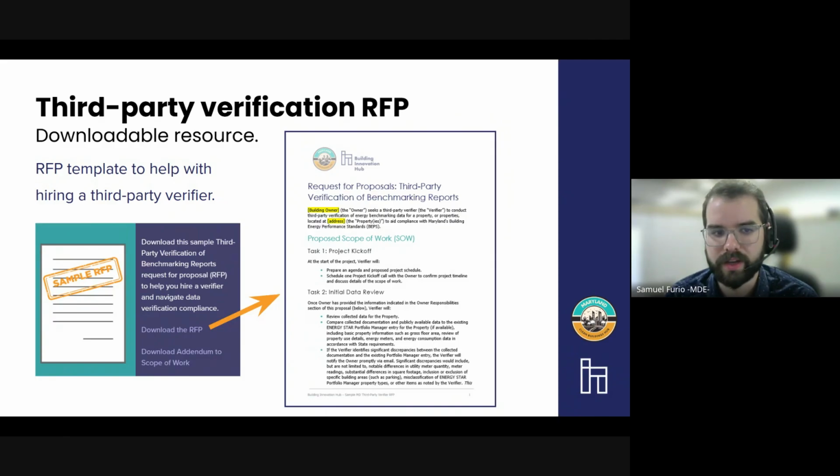This package includes frequently asked questions, a vendor request for proposal or RFP, and also a vendor scope of work. I think we're dropping that in the chat as well, for folks. So please use that resource to learn more, or to even get your own scopes of work out.